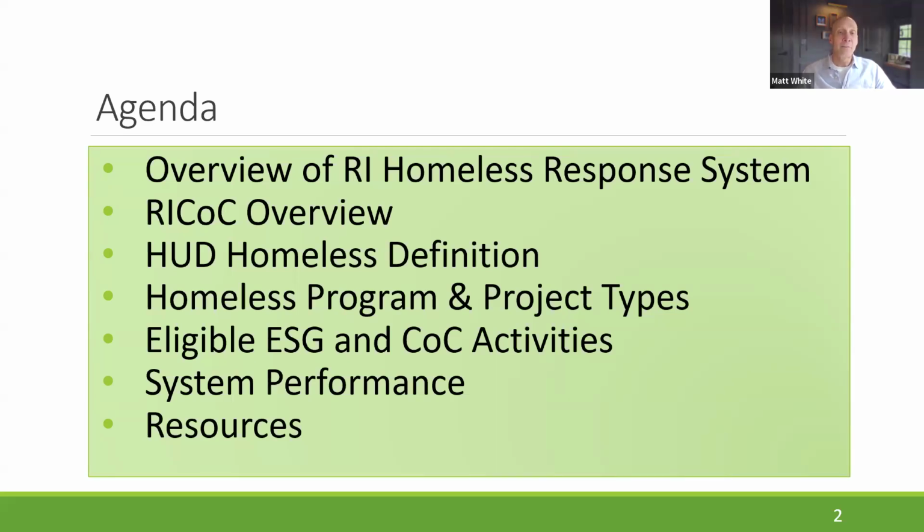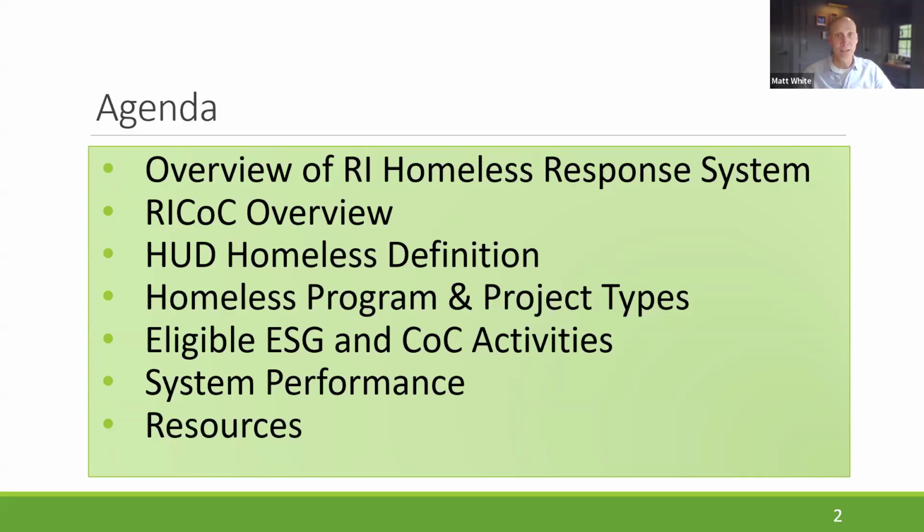There are two federal funding sources that support programming in the homeless system, and so we'll spend some time talking about those. ESG, which stands for Emergency Solutions Grant, is a formula grant, so funding that comes directly into Rhode Island and supports different activities within the homeless system. And then there's another federal funding source, the CoC, or Continuum of Care program. And that's a competitive application. So it's not a formula grant. You actually have to apply. And the resources are then awarded to local communities and the projects that comprise their continuum based on that competitive